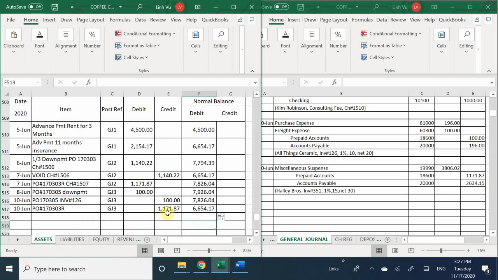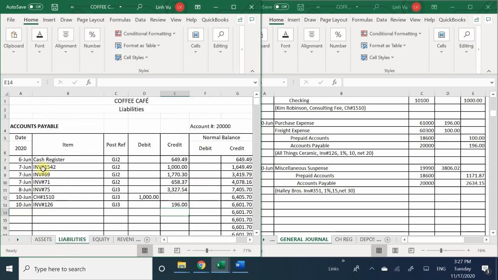So wait, Michelle, are you here? Yep. Okay, so now we're going to go to our liabilities because now we received a bill, so therefore we need to increase our liabilities. So June 10, invoice number 351, and general journal number 3. And then lastly, we are increasing our credit, right? We're increasing the amount that we owe by $2,634.15, bringing my total balance now to be